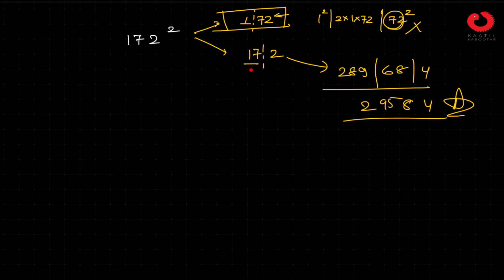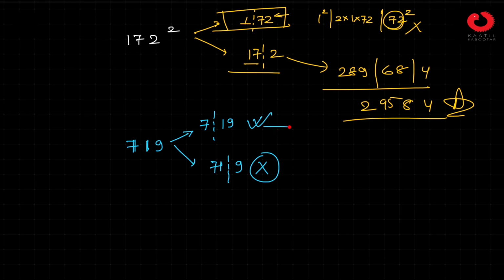Okay, whereas always this partition will not be of help. Sometimes what will happen, like 719. Now in this you see, you can make two partitions, one you can make 7 bar 19 and another one you can make 71 bar 9. So you can very well see this will be difficult, this will be easy. From here you can get the answer. Okay, so this is how with some little idea you can decide which partition to use where. Means you should know that if I put a partition over here, 9 is smaller but 71 will be bigger, which I don't know, so it's better to put a partition over here.